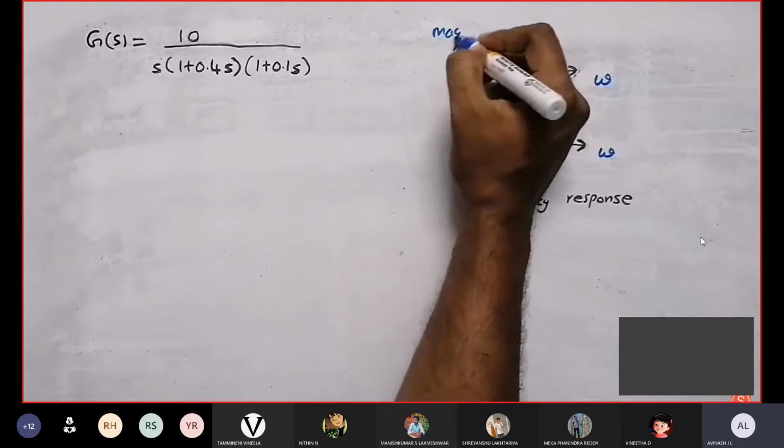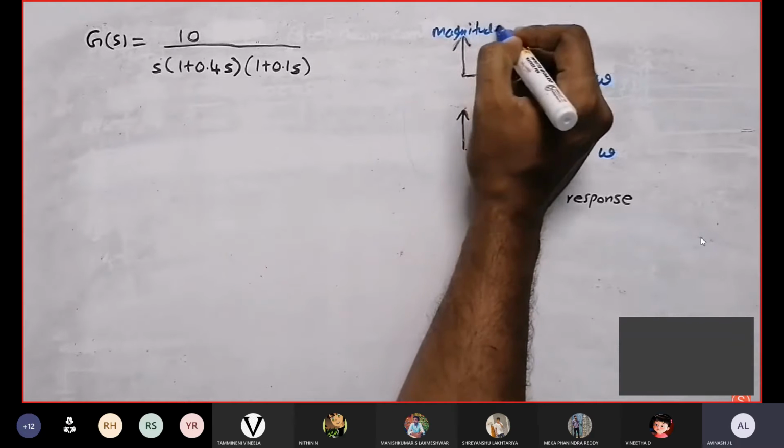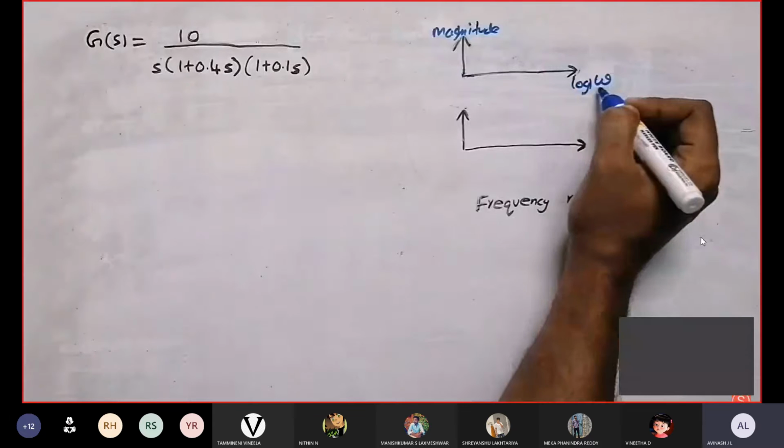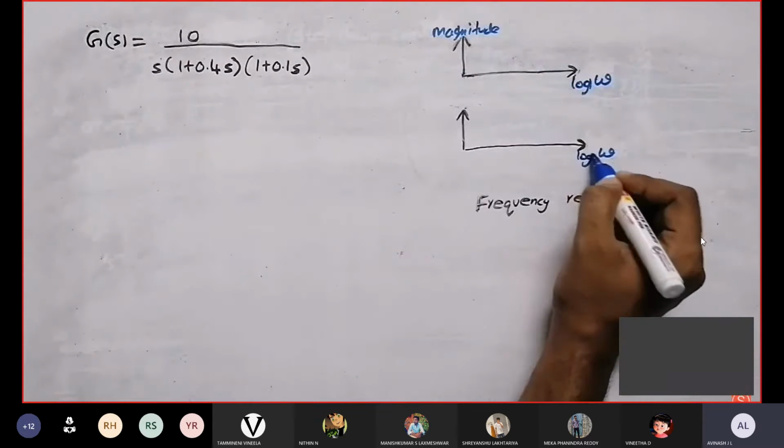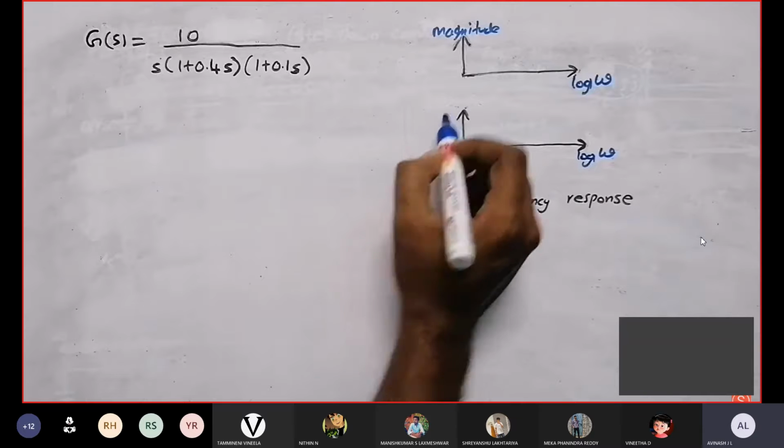The first response is magnitude response. Magnitude response, it depends on frequency. That is log frequency. Okay, we need to take log value. Here also we need to take log value. X-axis is log value. Y-axis, the response it will be